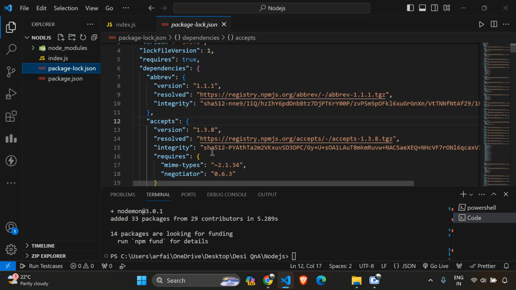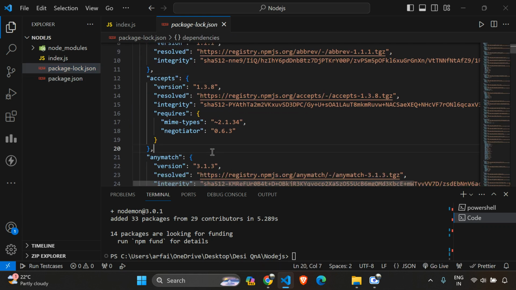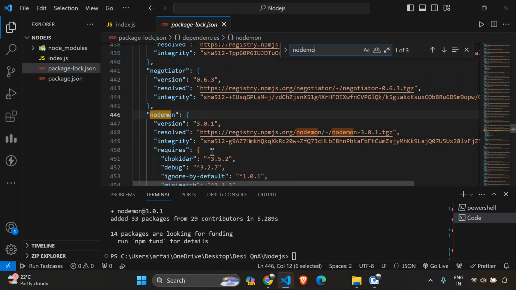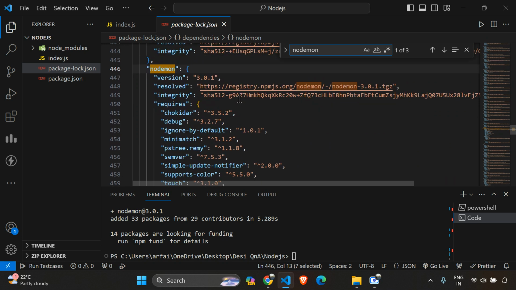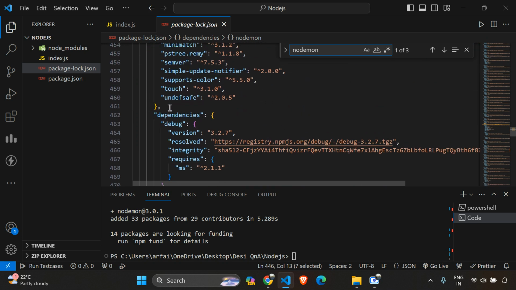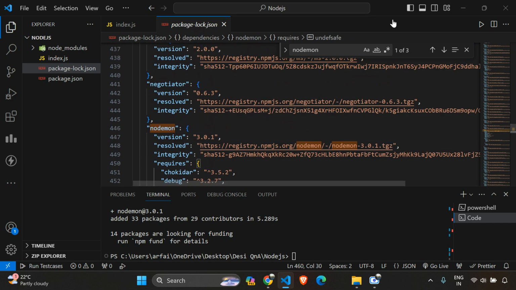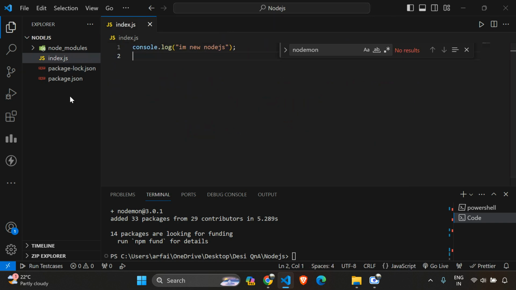In package-lock.json you can also see the entire detail regarding nodemon, what version it is, all these things. So you have understood the difference between package.json and package-lock.json, and you have also seen what nodemon is. So let me start my server.